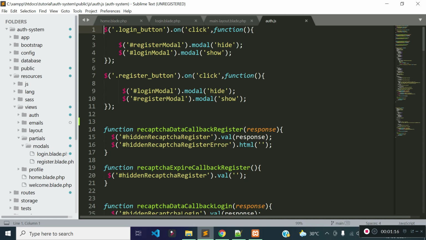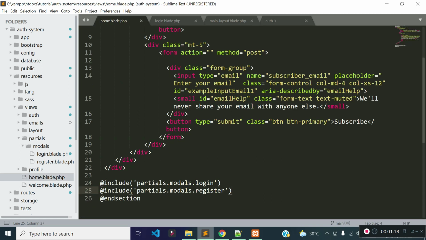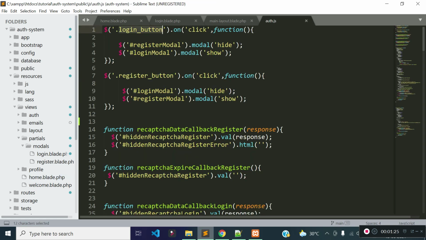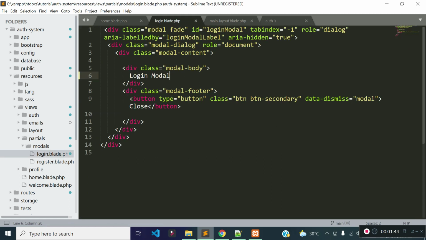So let's open our auth.js file, and when we are clicking on this login button of class login_button, you see we are hiding the register modal and we are displaying the login modal. Similarly, when we are clicking the register button, we are hiding the login modal, and we are displaying the register modal.